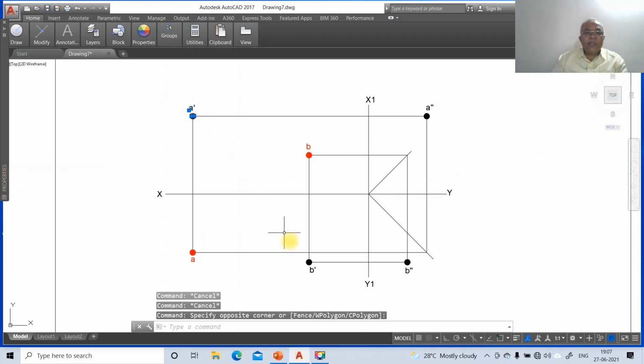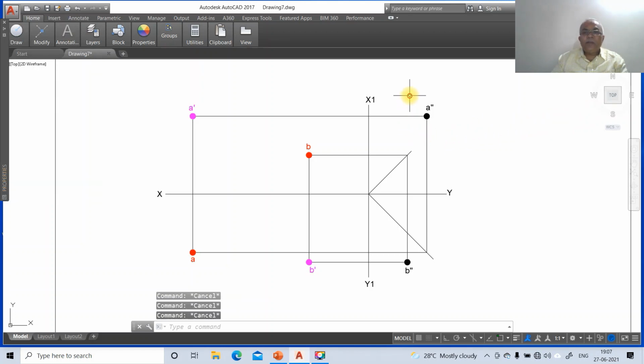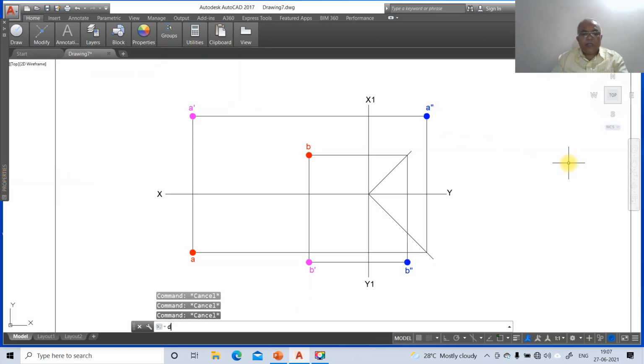Similarly, you click on the A dash and you click on B dash. So you make this as layer which has front view. Then you click on A double dash and also B double dash and go to CH, go to layer, make this as side view.